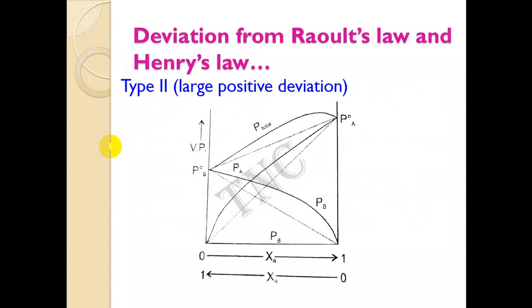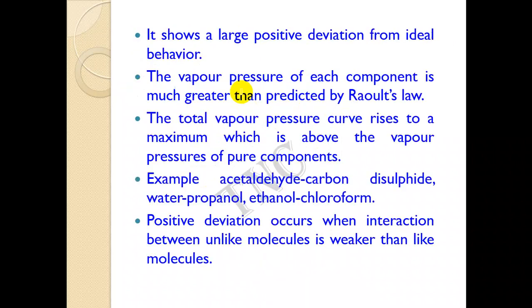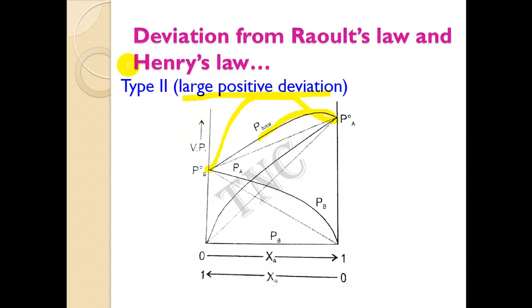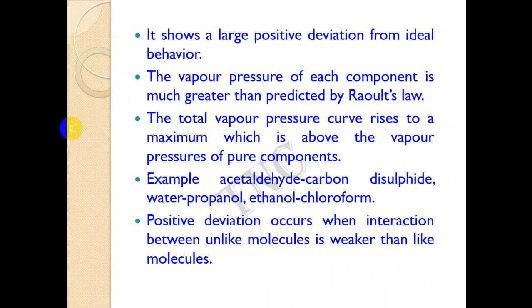If the deviation is large enough, that means the pressure is higher than P naught A and P naught B, then we call it large positive deviation. This is also a positive deviation, but the deviation is quite large. The deviation is quite large, even exceeding the maximum pressure. Then that is known as large positive deviation. This large positive deviation is known as a type 2 solution. We can also have a type 3 solution,